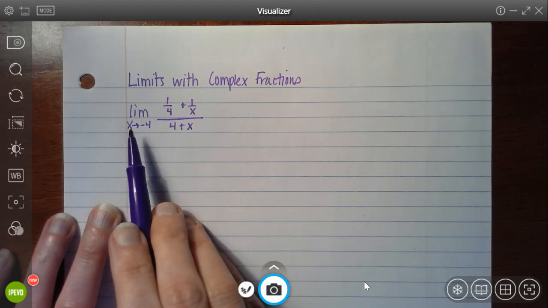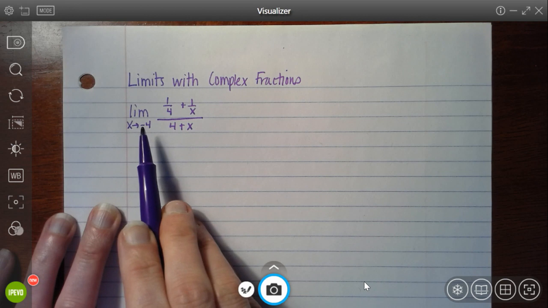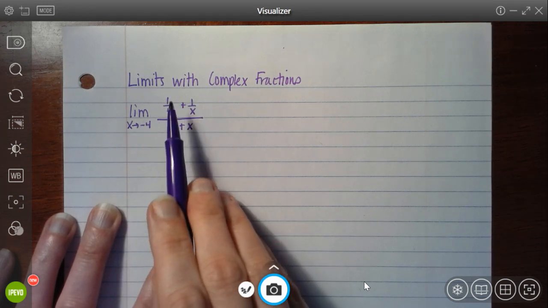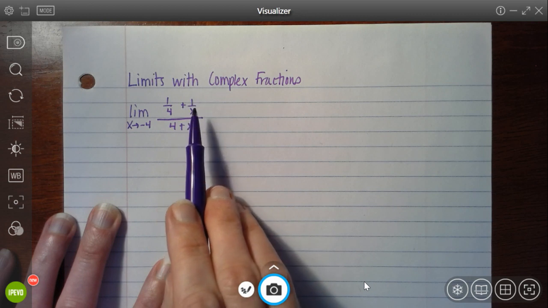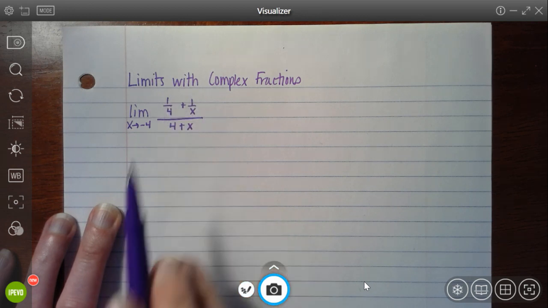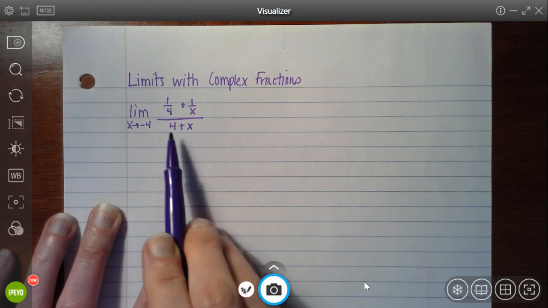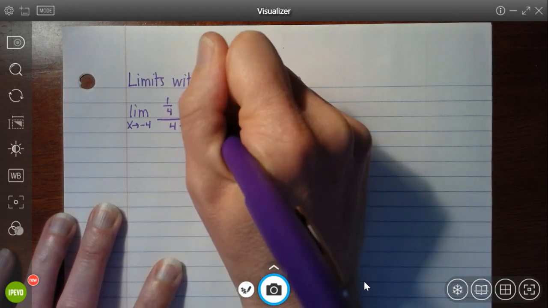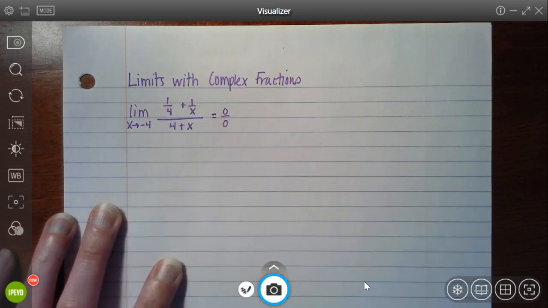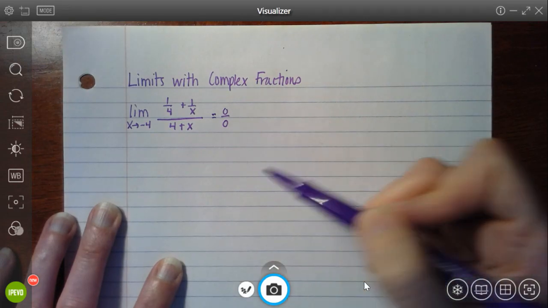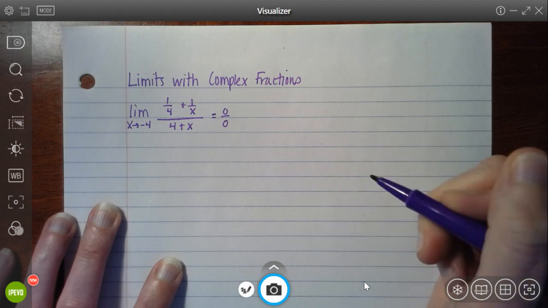Now, if I try to evaluate this limit as x approaches -4, up here in the numerator, I'm going to get 1/4 plus 1 over -4, which is going to make my numerator become 0. And then in my denominator, 4 plus -4 would also be 0. So once again, if we try to use direct substitution, we end up with our indeterminate form. And again, anytime we get the indeterminate form, that usually means that there's some type of algebraic simplification that can